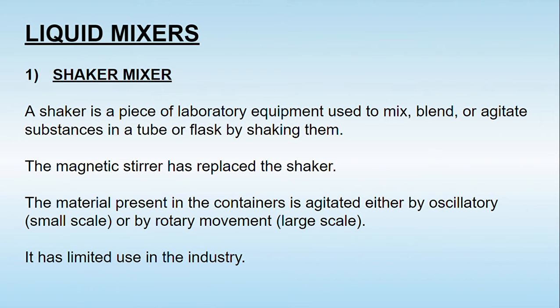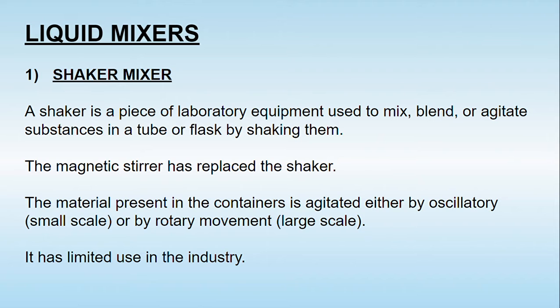Now if we go into the details of liquid mixers, the first is called the shaker mixer. As the name suggests, it involves shaking. You might have come across this type of equipment in your laboratory, like a magnetic stirrer. In the case of a magnetic stirrer, you take the liquid to be mixed in a beaker, keep it on the magnetic stirrer platform, put a magnetic bar inside, and then rotate it at a particular speed so the mixing is carried out. The magnetic stirrer has replaced the previous shaking equipment like the rotary flask shaker, which is nowadays not very common.